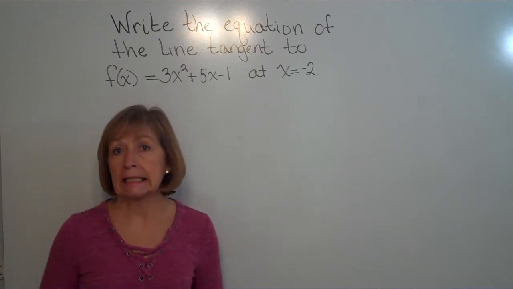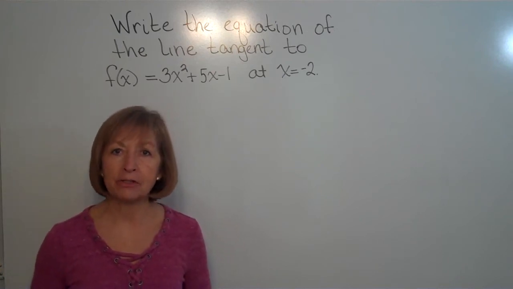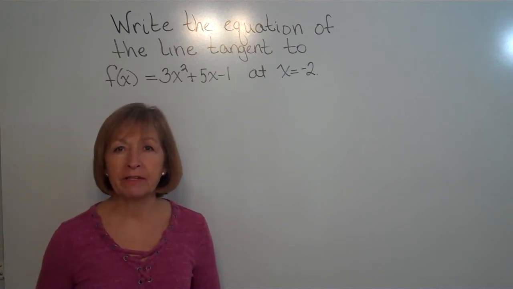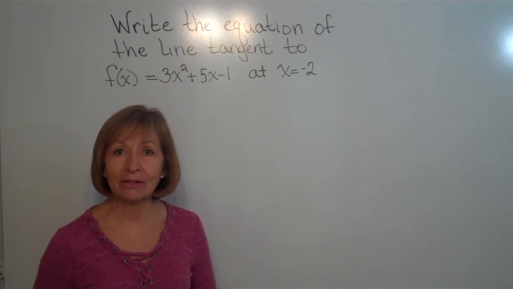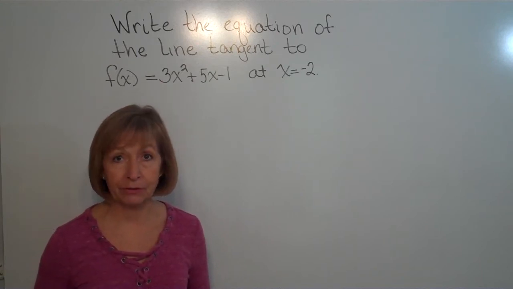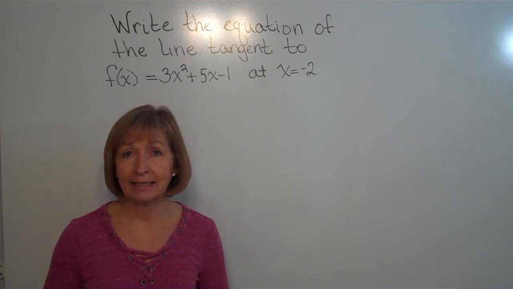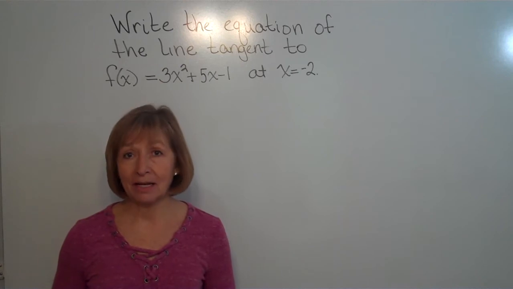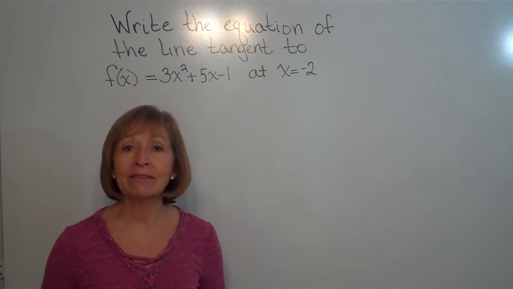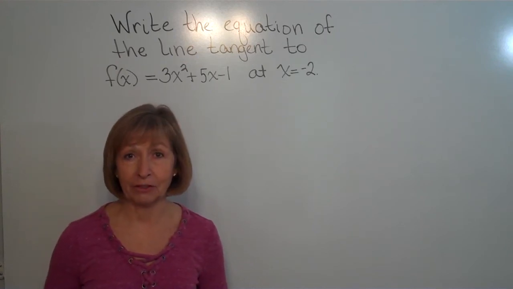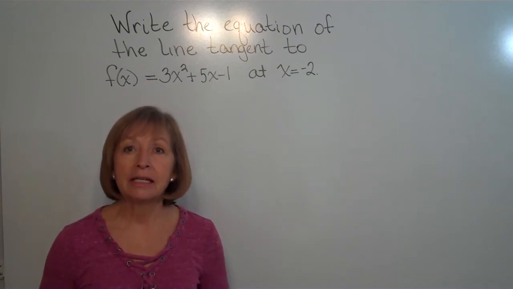Once you finish your work in limits in a calculus course, the next thing you do is to look at the derivative. And we find the derivative of a function, if we're using the definition, by taking the limit as delta x approaches 0 of the difference quotient, f of x plus delta x minus f of x all over delta x. Now that formula gives us the slope of the tangent to a function at any given x value in the domain of the function if the derivative exists, if the tangent line to the function does exist at